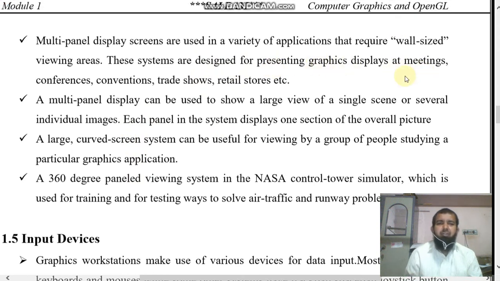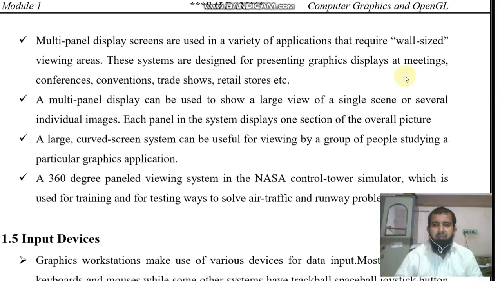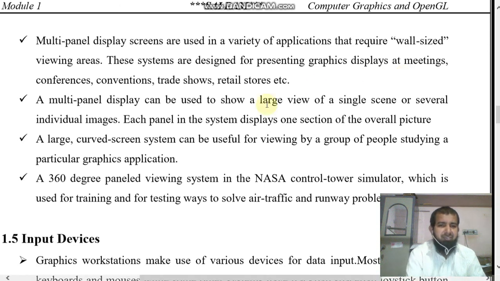You can use these wall-sized monitor screens to display in meetings, maybe a ministers' meeting or a meeting of countries' presidents, and also in conferences, conventions and trade shows.